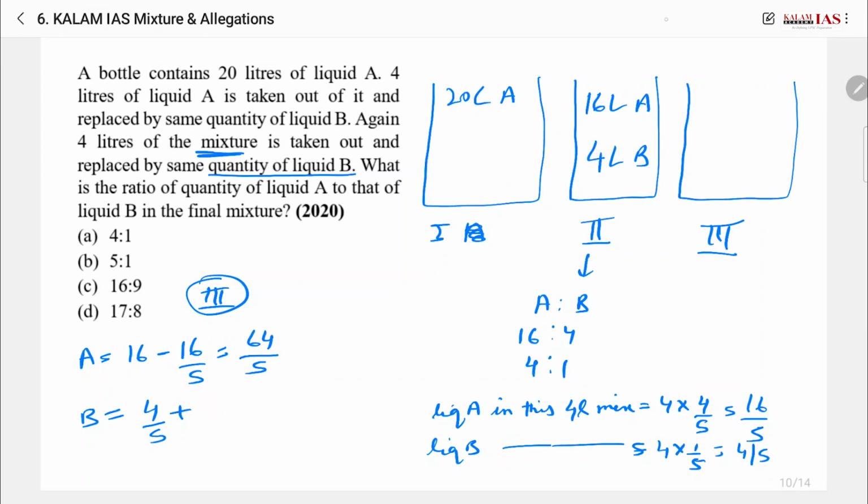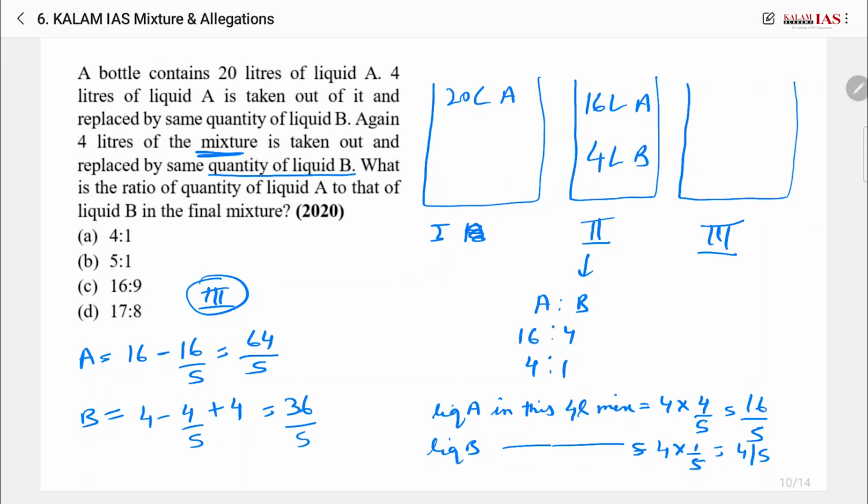Sorry, small mistake. In the third situation, 4 by 5 is removed, so left will be 4 minus 4 by 5 plus 4 liters that is added extra,